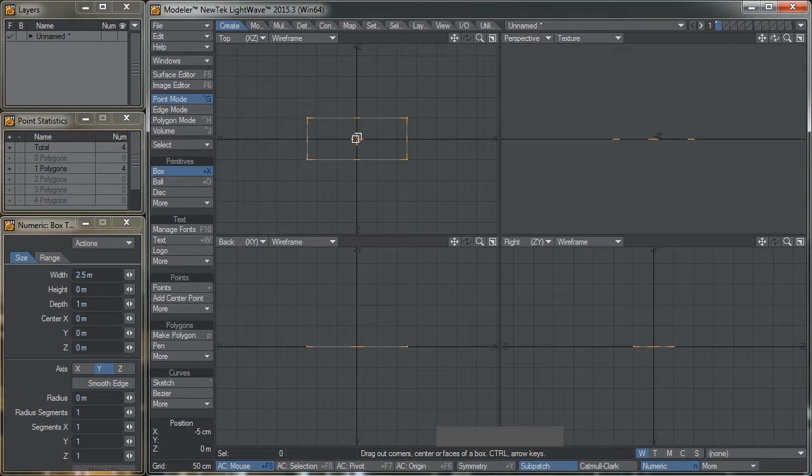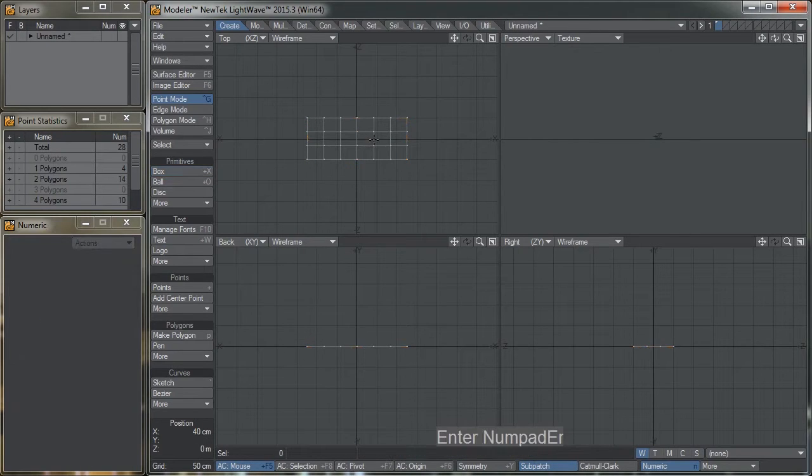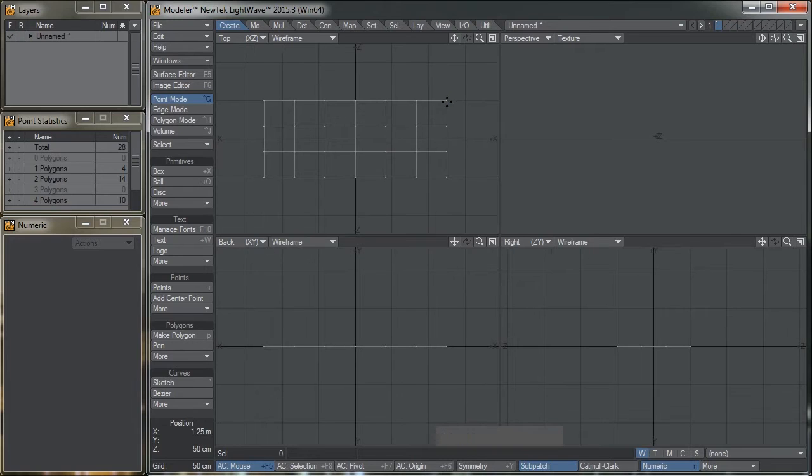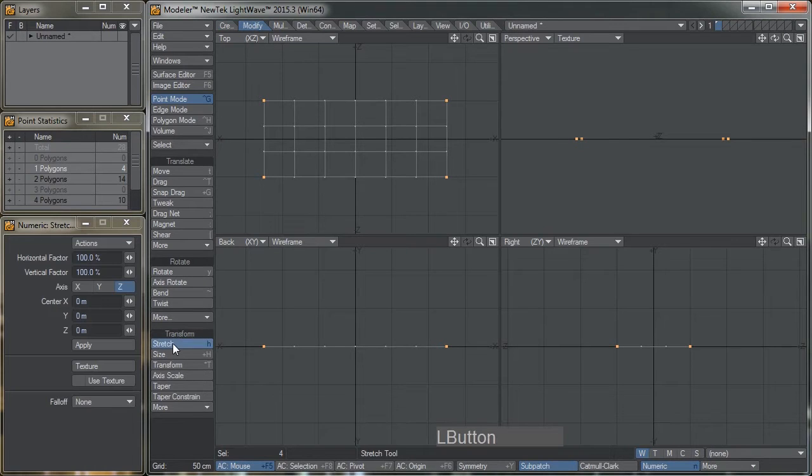I will then use the right arrow key to split this up in some segments, and then I will use the up key to split it here again, and then press enter. I'll zoom in a bit here. I'll then select these four corners, select stretch, modify, stretch, and from the center I will just stretch this in like this,